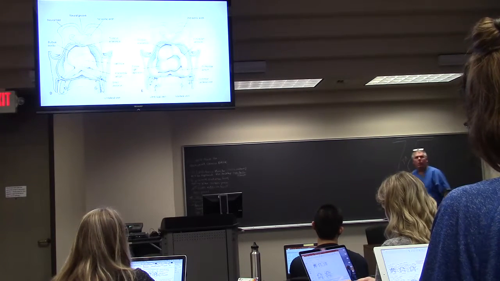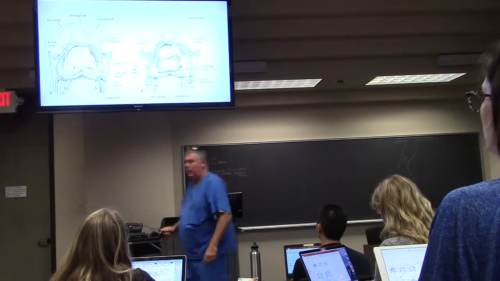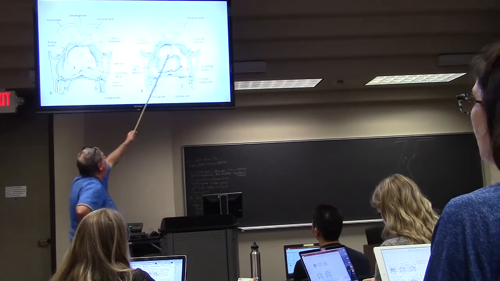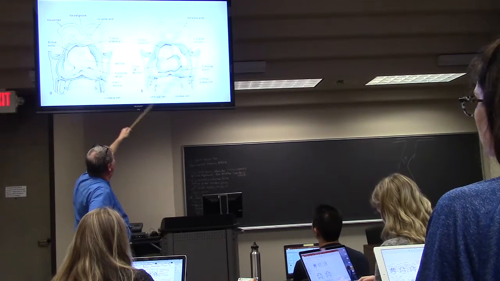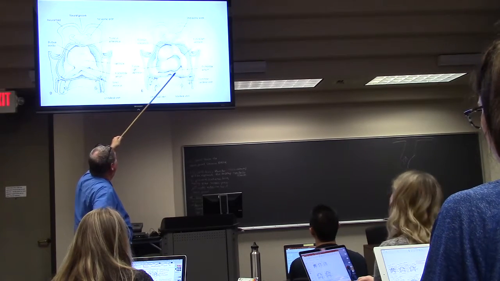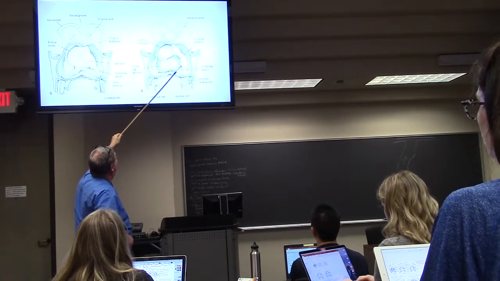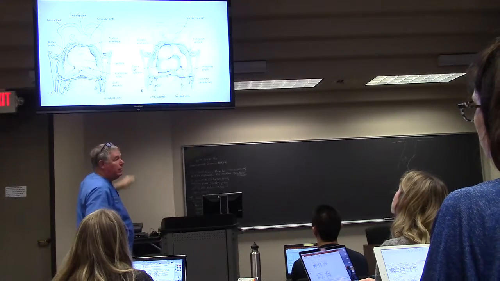So, wait a minute here, you got the truncus arteriosus up here, that's fine, but here's the atrium down here at the bottom. We've got to get this all the way up here